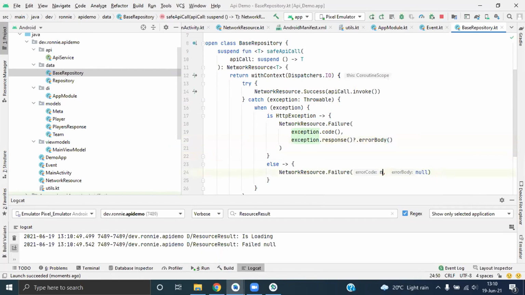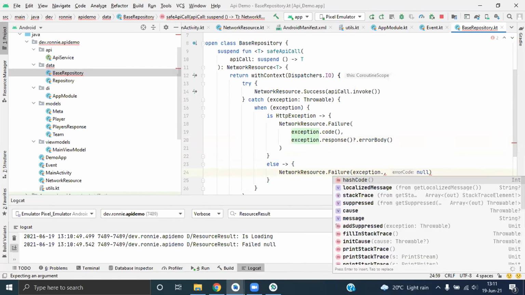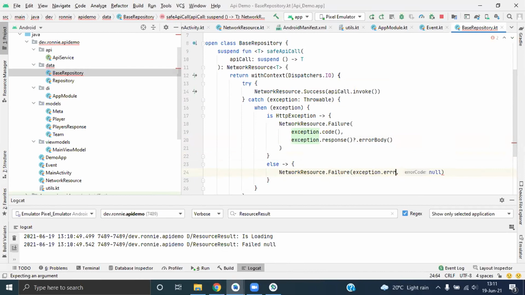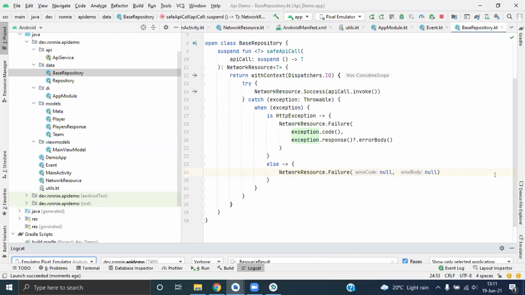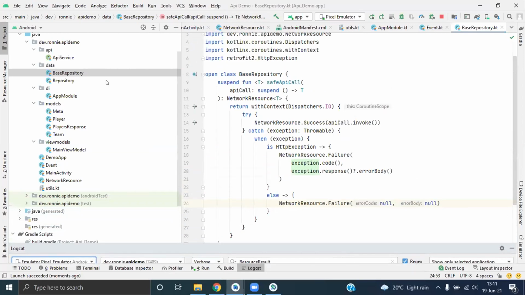Even if I try exception dot, I won't get the error code because I'm not inside the HTTP exception instance, which is this. You see? So it will be just null. Oh, okay, so that can't work.